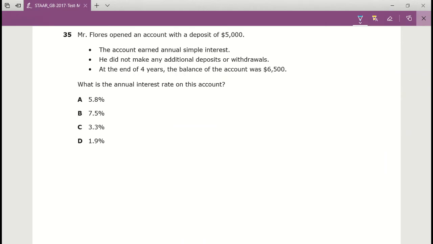So this is the hardest question on the entire test, I think. This one's just really a monster. The question asks us down here, what is the annual interest rate on our account given all of this information it gave us up here? We notice that it says simple interest. This is a big thing to notice. So we should write down our simple interest formula, which is given to us on our STAR reference sheet. I equals